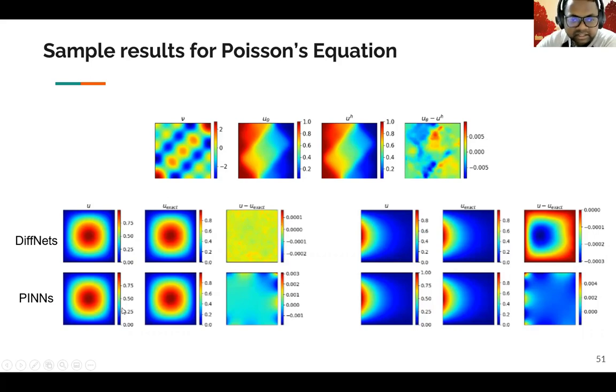We also perform some comparisons with PINNs, because this is a session where we are contrasting pointwise approaches with CNN-based solvers. We need to compare DiffNets and PINNs and see what the advantages are. While DiffNets require a lot more memory to perform these operations, they give us one order of magnitude lesser error compared to what you get from PINNs. This is obtained for two different kinds of boundary conditions, and in both cases, we obtain similar results.